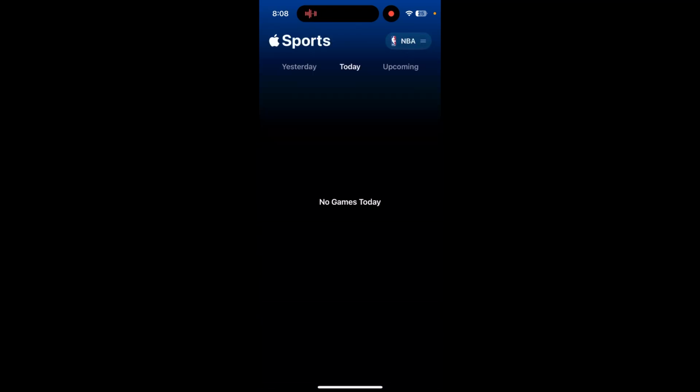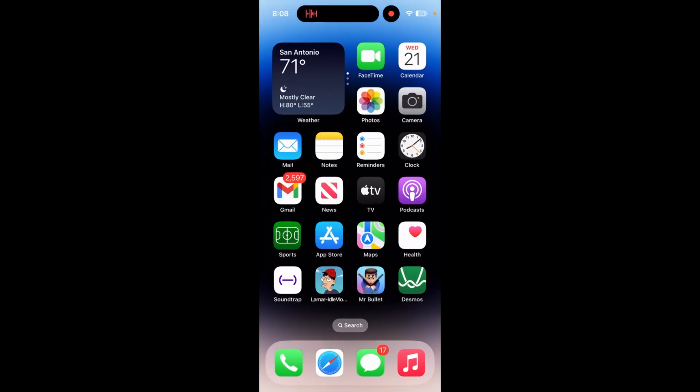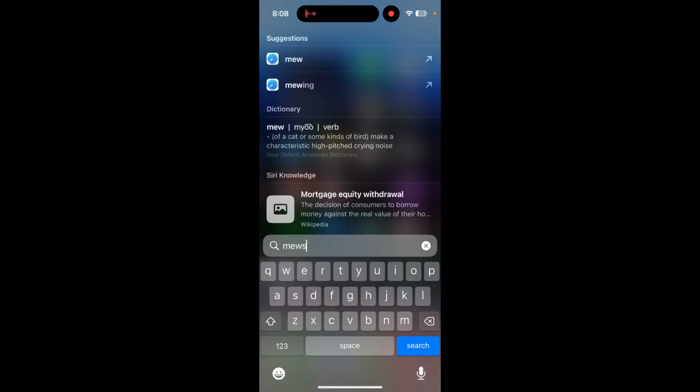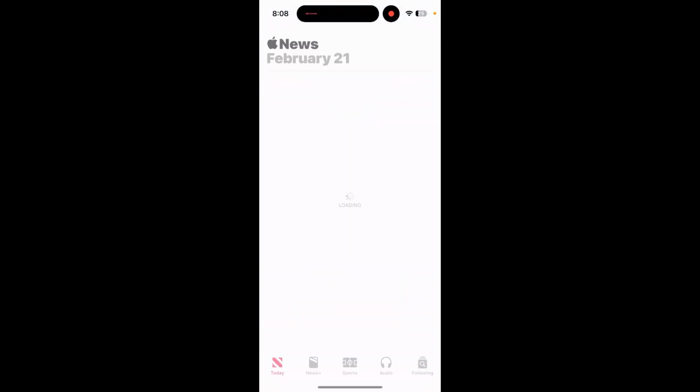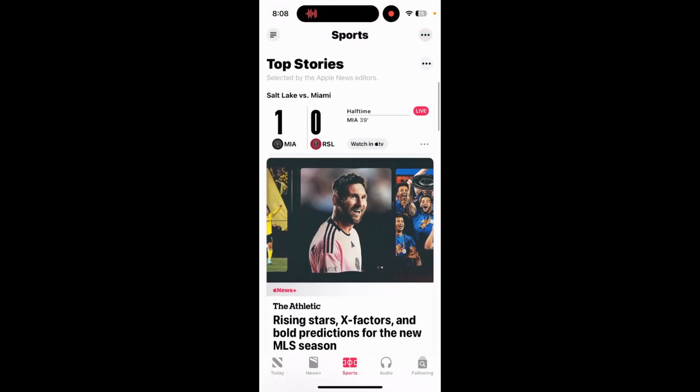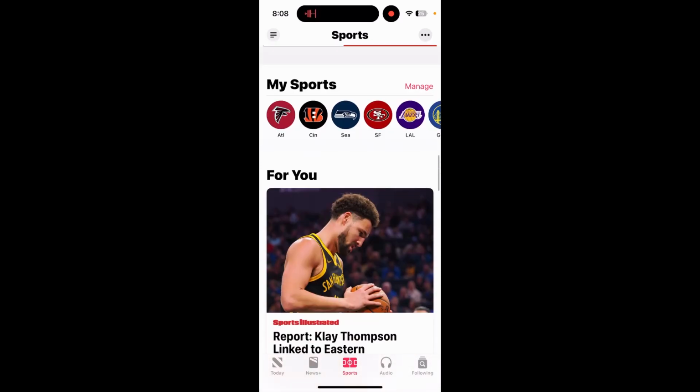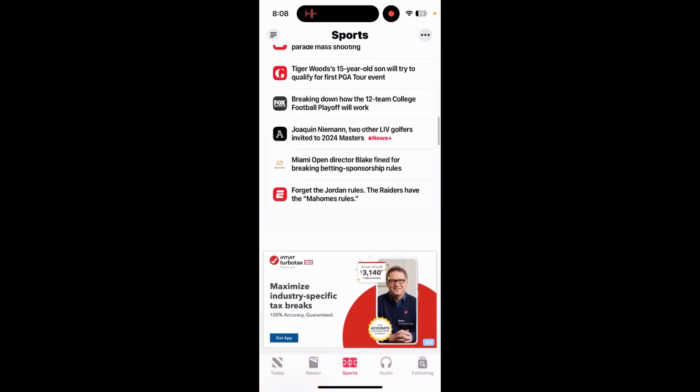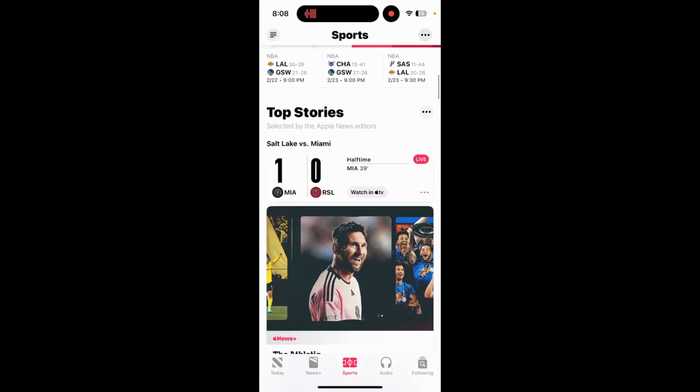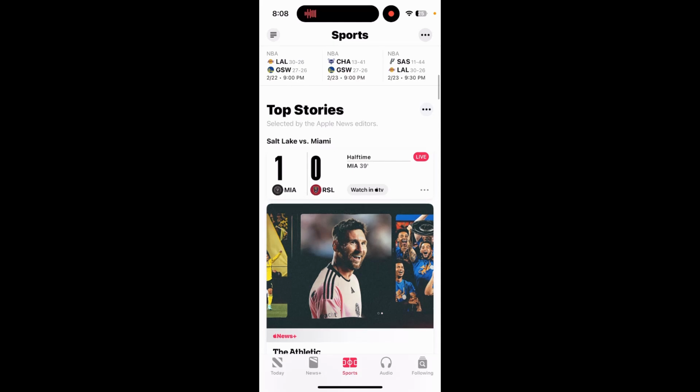So if we go into sports, Apple Sports, basically this is what I'm talking about. The new app is Sports. Now, before we had sports and follow-ups in the News app. If you go here, there's a sports section, and basically you follow everything involving sports.